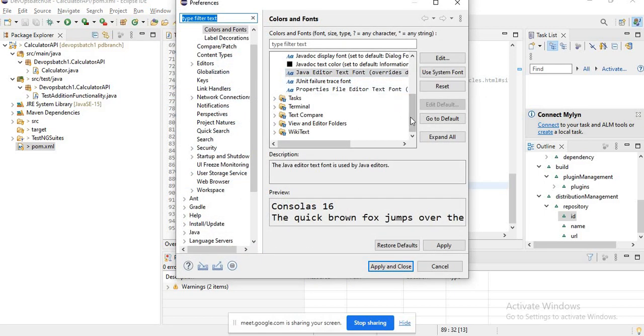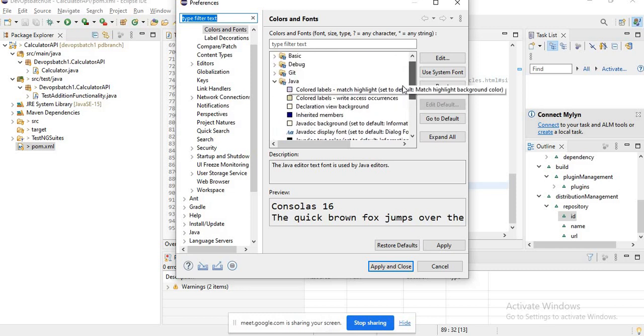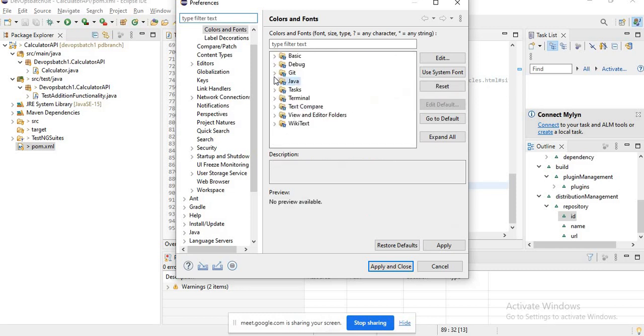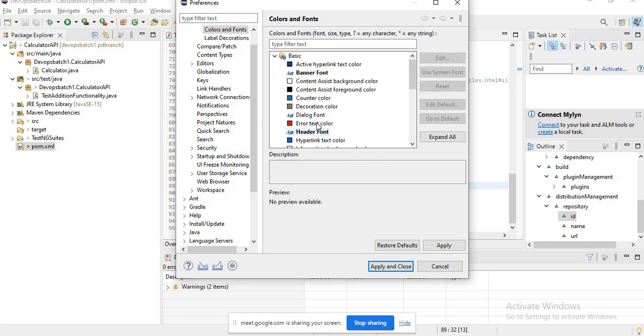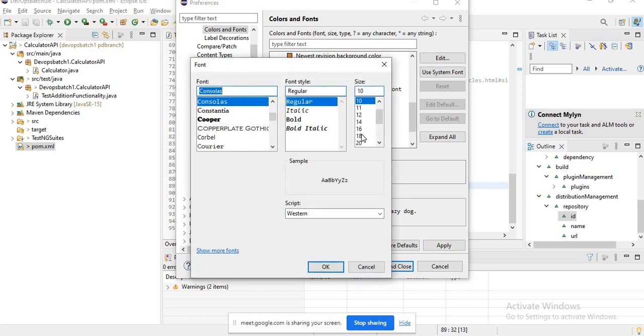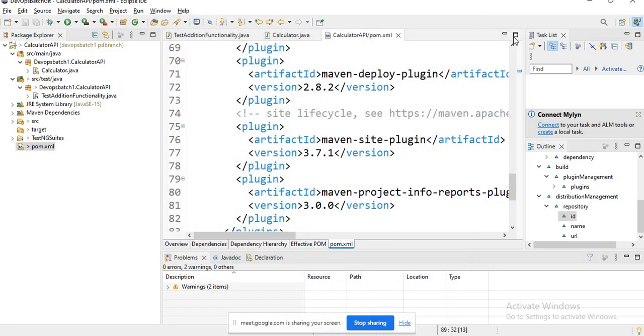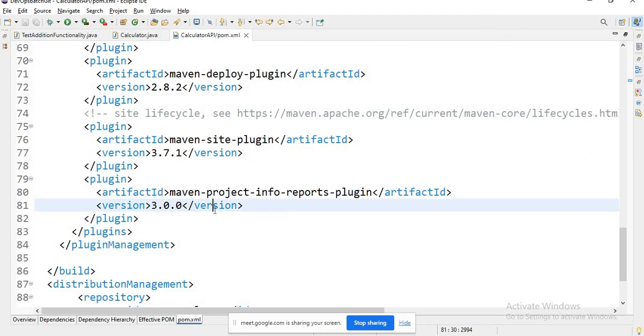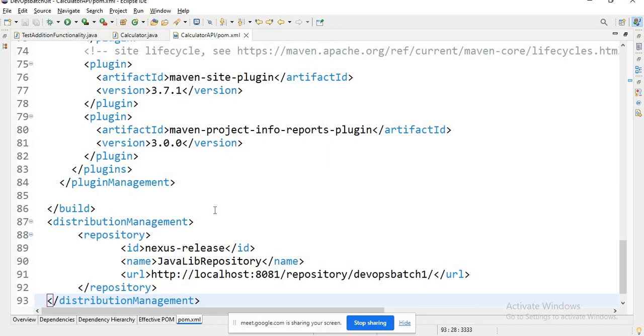Right now I had increased the font for the Java editor, and now let me increase it for the regular editor text font. Perfect. So here we have got the settings.